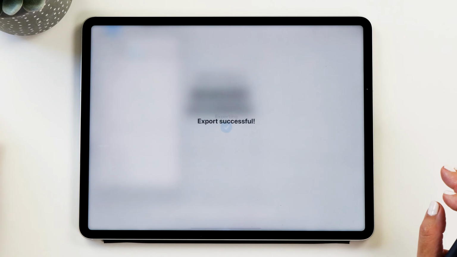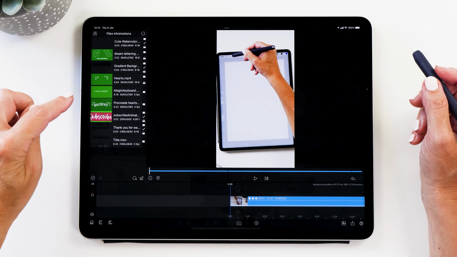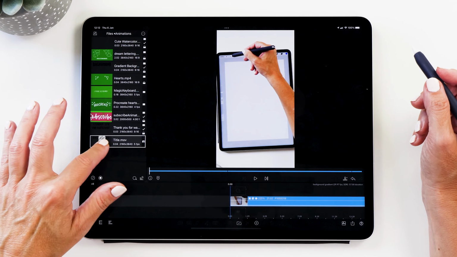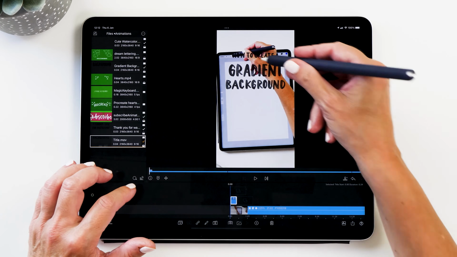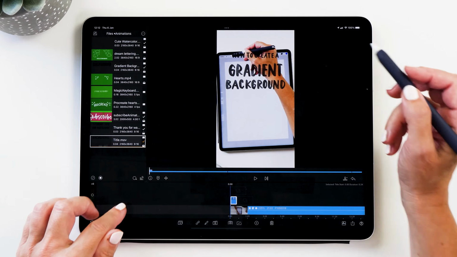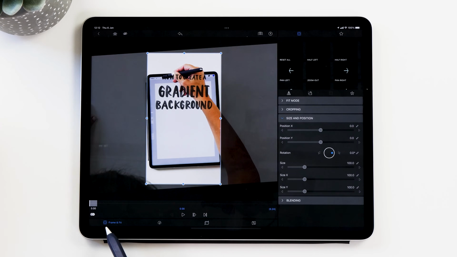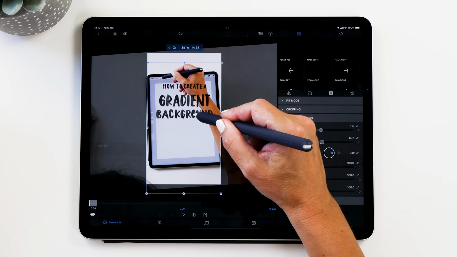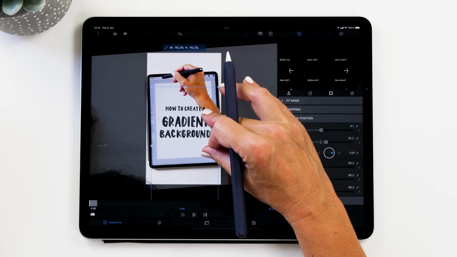And then we can go back to LumaFusion, and now we can choose our animation. So I've got my folder with animations here. Now we're going to drag this title into our timeline like this, and you can see now it's imported it and it's already shining through a little bit. So now we're going to select edit and then go to frame and fit. So now we can move this into place a little bit better. You can also resize it if you wanted to.